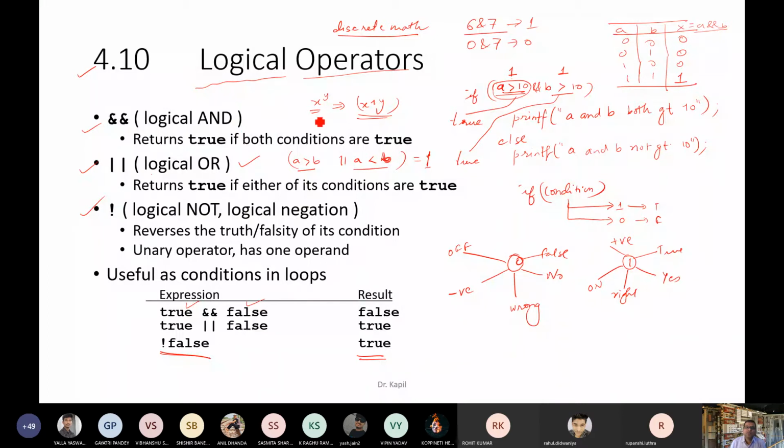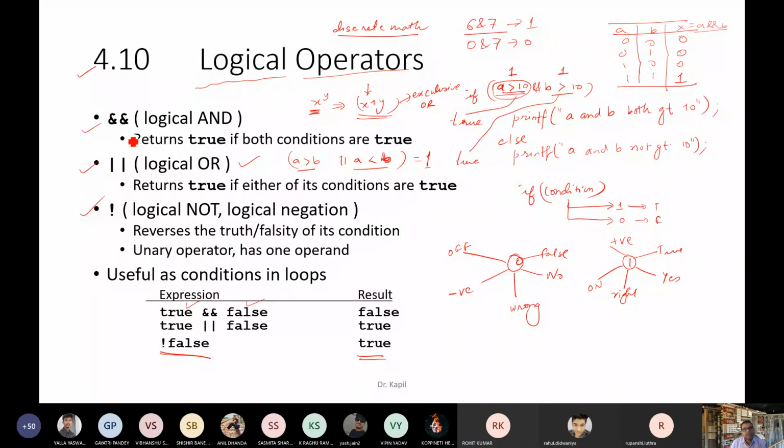So this x to the power y is a program, and I don't know who has written it, but that person has written the program like x to the power y, and this caret symbol is there, but this will do exclusive OR instead of calculating power. So this is the operator.